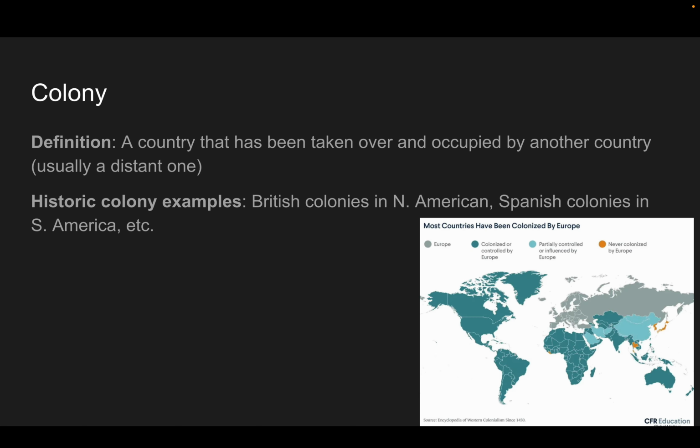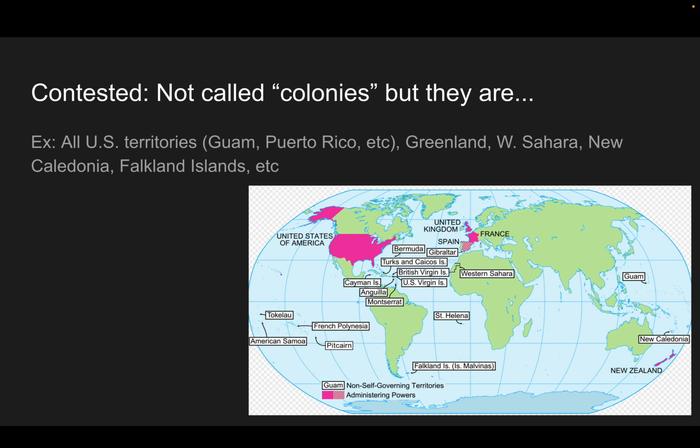Colonization was much more prevalent historically. Because of the distaste for that and the brutal history that most of those colonies experienced, the word colony is not really used. So there are countries that still technically have colonies, but they like to call them their territories or other words to make it not sound like a colony. But there are still countries in the world that own other distant countries. They just don't necessarily call them colonies.